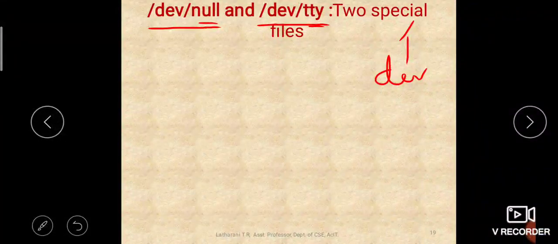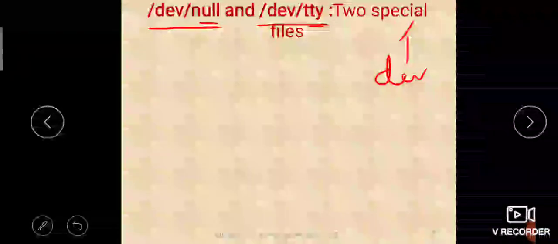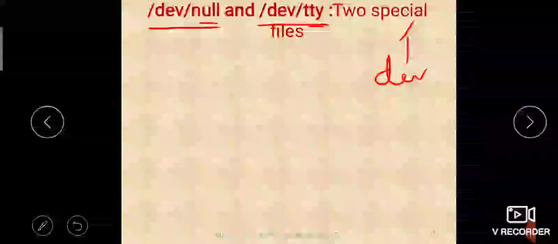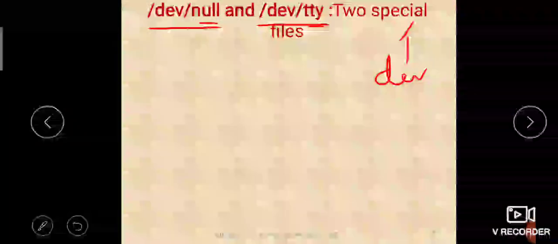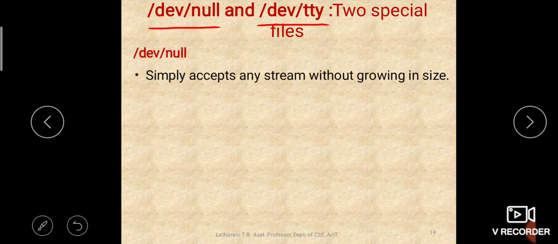See, again we are coming across two files. Okay, so please don't get confused. We have file types in Unix, which are ordinary or regular files, directory files, device files, link files, FIFO files, and standard files are standard input, standard output and standard error, and these are two special files available to perform some special operation, which are /dev/null and /dev/tty. So these two files, let us see about /dev/null.